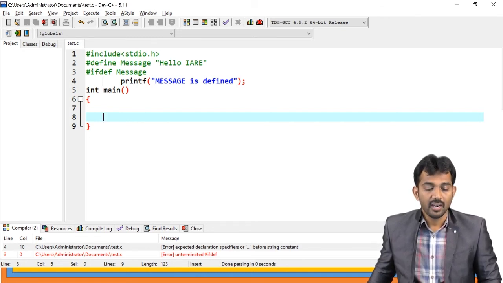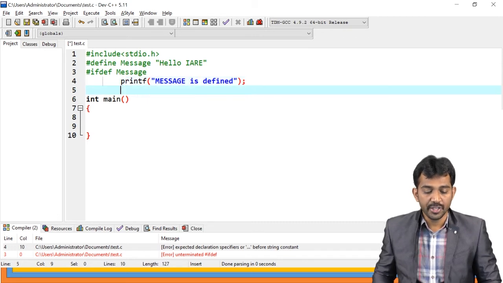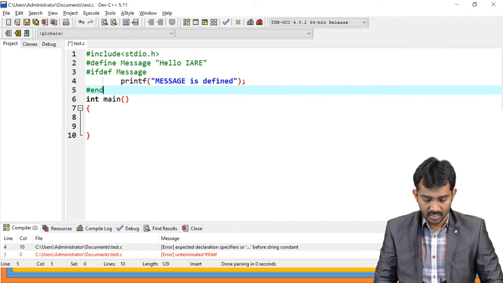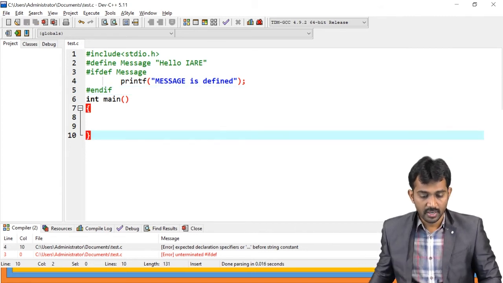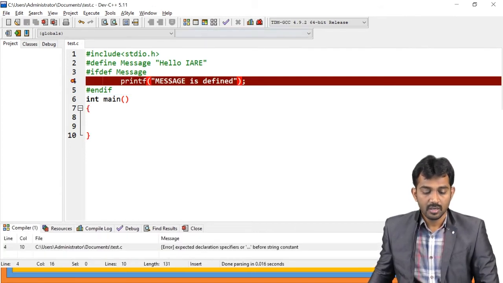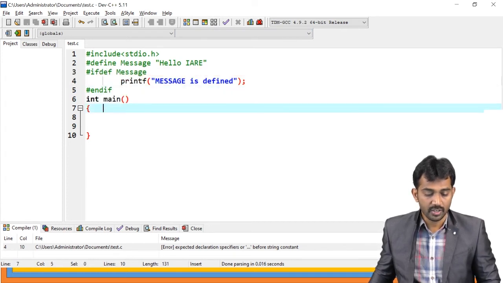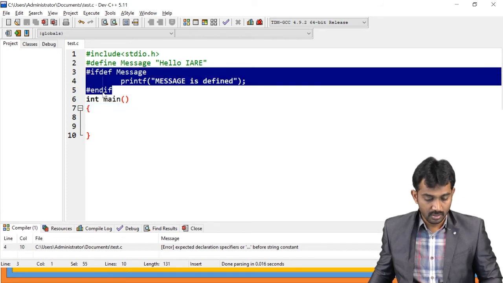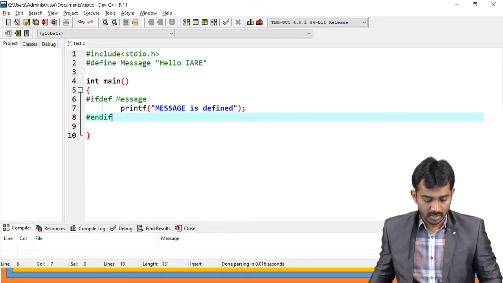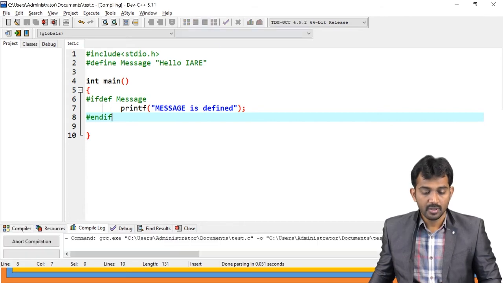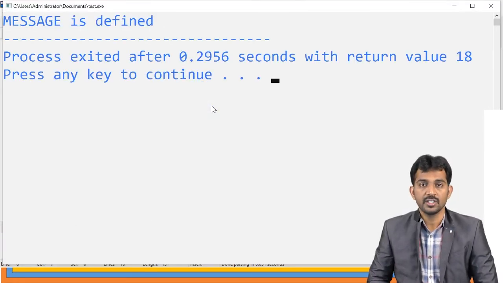Oh, sorry. Yeah. So after this, I should use #endif here. So what is the scope of that one? #endif, right? Yes. So you just use this one inside this function. Yes. See, if you run this code, yes, message is defined, right?